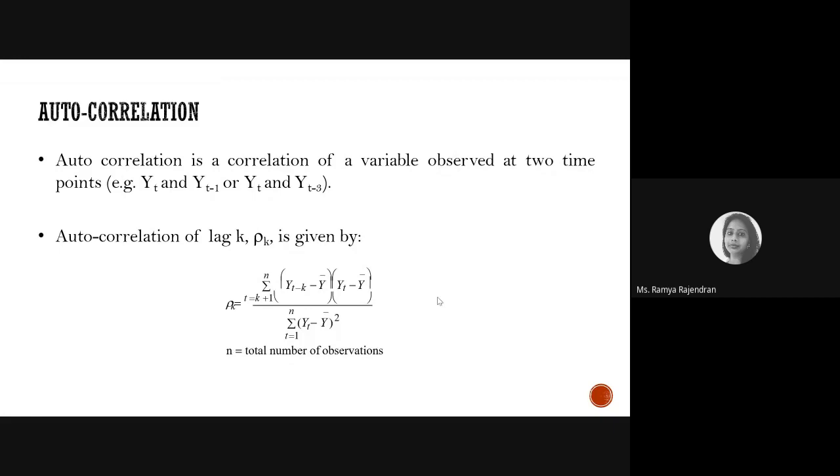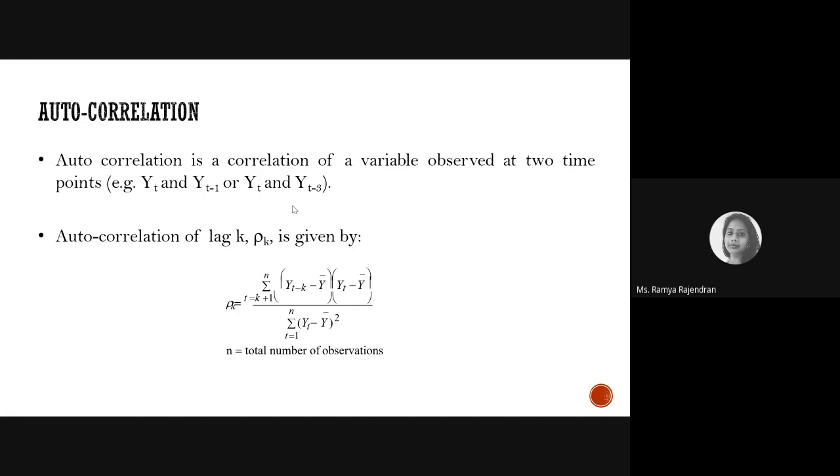Or you can find out the correlation between two values, like today's and two days before, so that is Yt and Yt minus 3. Or I can try to predict the demand for breakfast in the hospital cafeteria for today, which is Monday, with the previous week's Monday. In that case, it's going to be Yt and Yt minus 7. So here the lag is going to be 7.